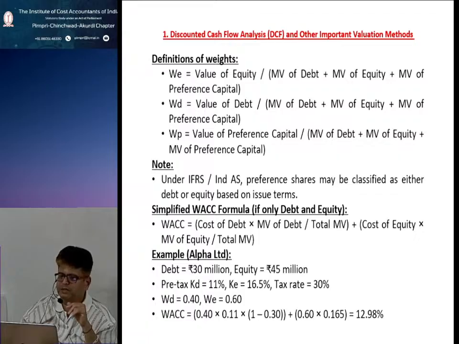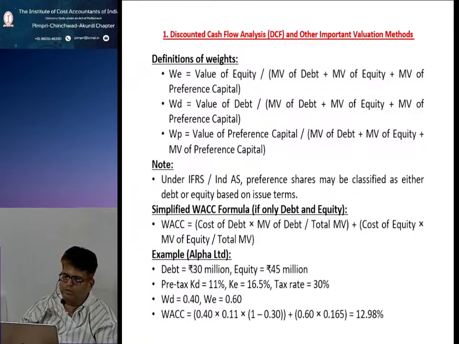For example, Alpha Limited, debt is equal to, let's say, rupees 30 million and equity is equal to rupees 45 million. Then pre-tax KD is equal to 11%, KE is equal to 16.5% and tax rate is 30%. Then the weightage that has been given is 0.40 and 0.60. So in such scenario, WACC would be 0.40 into 0.11, that is 11%, into 1 minus 0.30, that is post-tax, plus 0.60 into 0.165